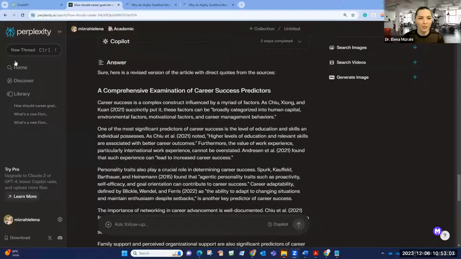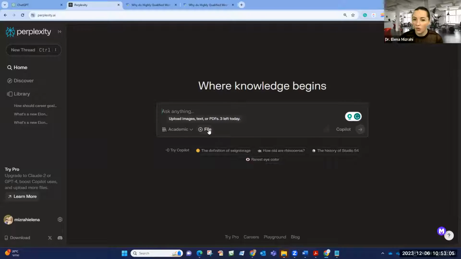And another thing we haven't looked at yet inside Perplexity is that you could also upload files. The regular free version of ChatGPT 3.5, if you're not paying for the paid one, does not allow you to upload files, right? Here, you can upload PDF files, texts, images. I guess there is a limit in the free version.